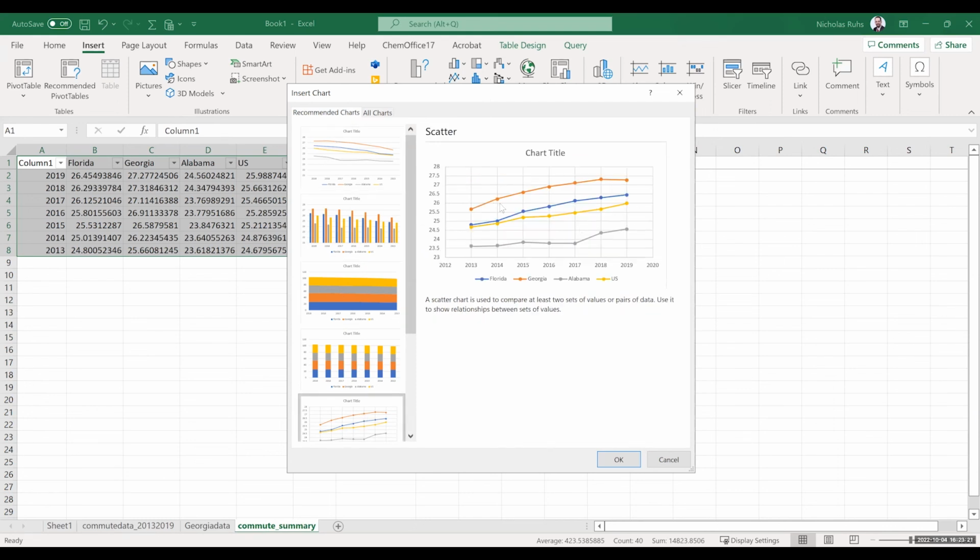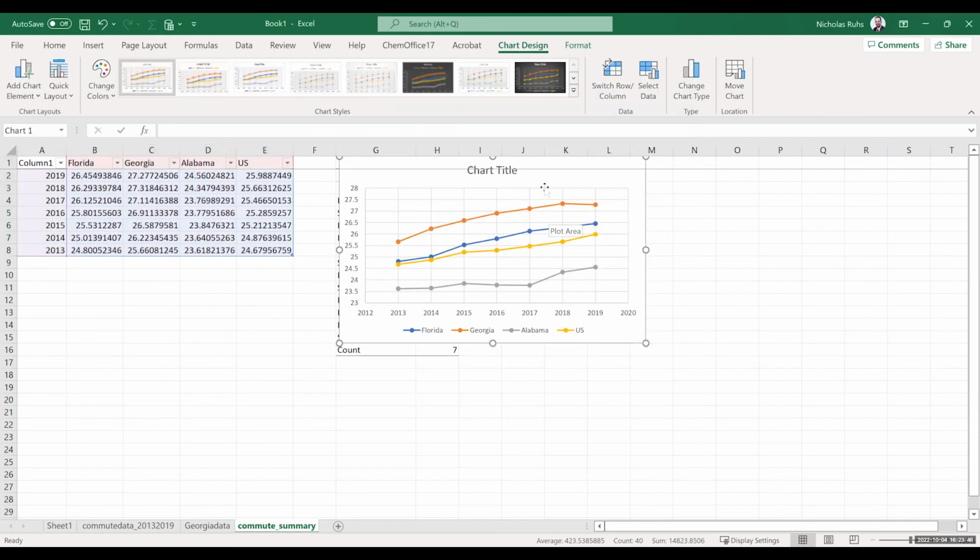We want to see how each of these sets of data changes over time. You'll see we have each of our years here. We have our average minutes for commute time over here. So we can view those relationships between our data. So if I hit OK,